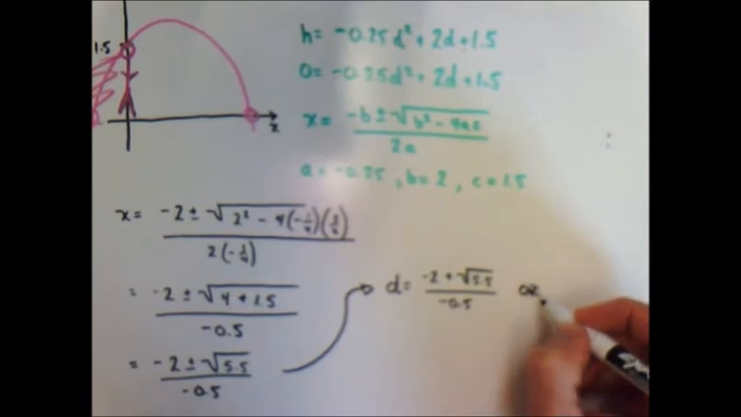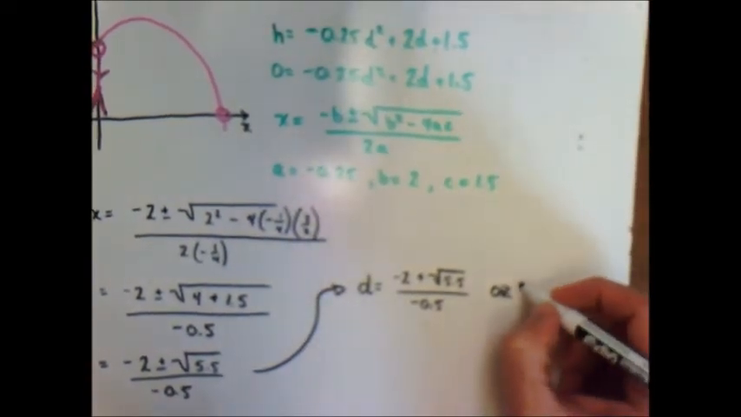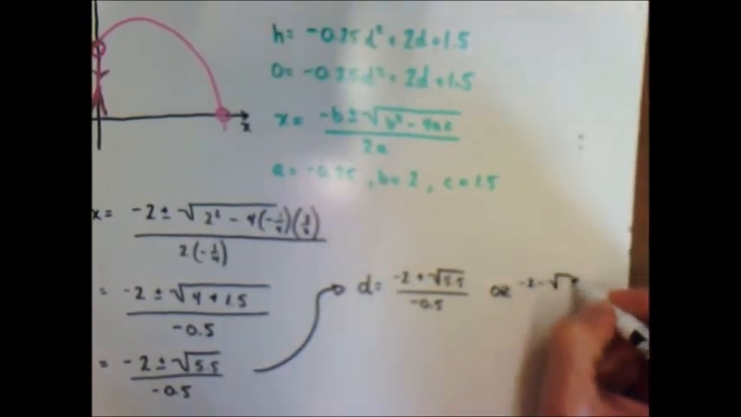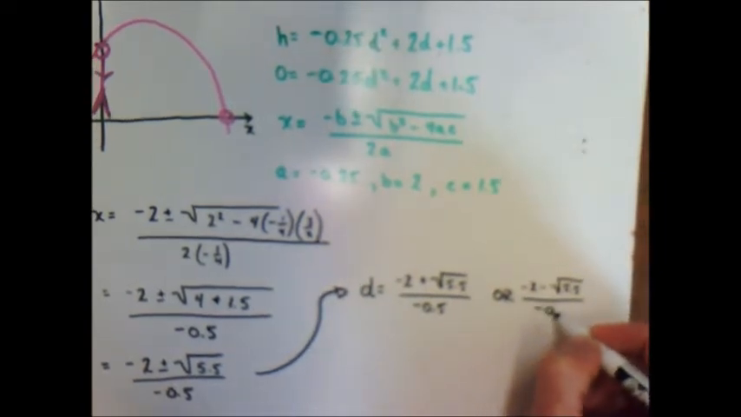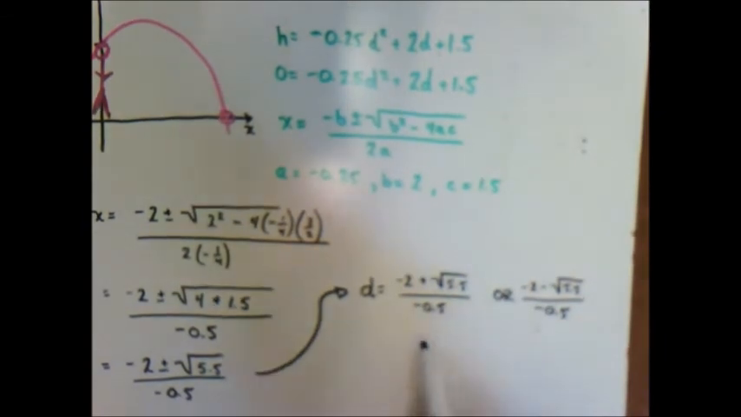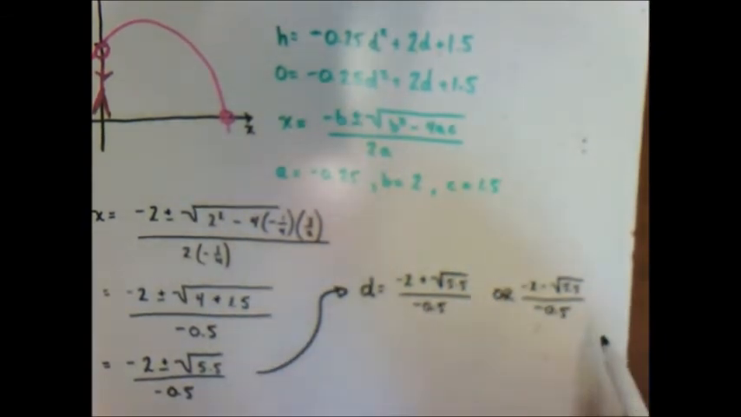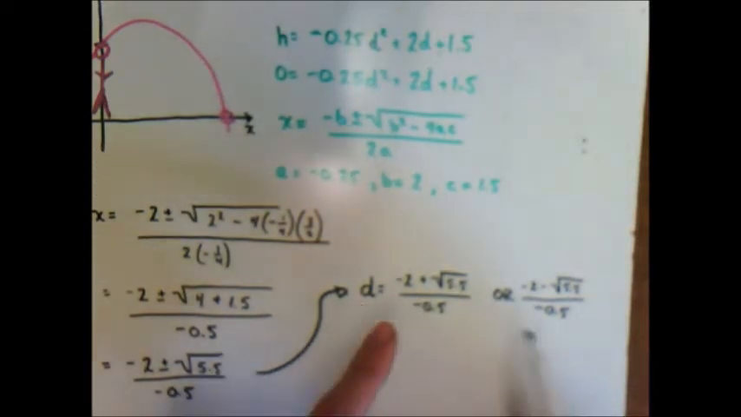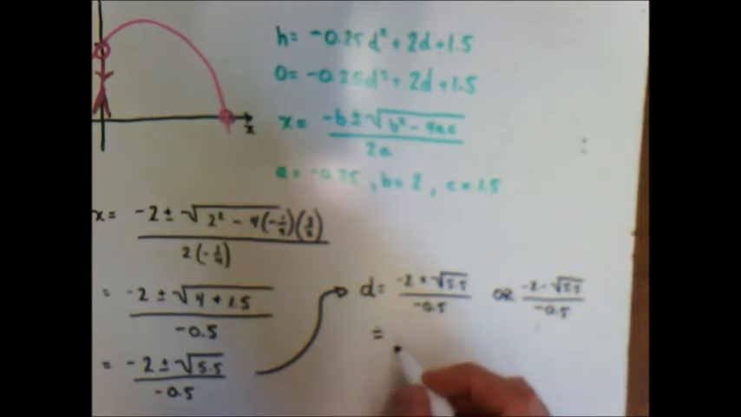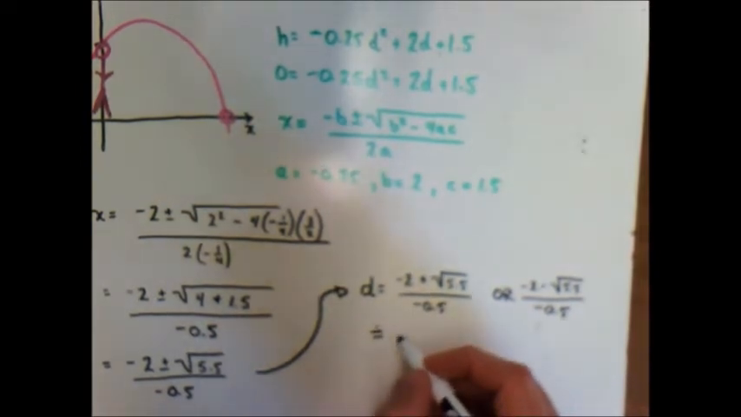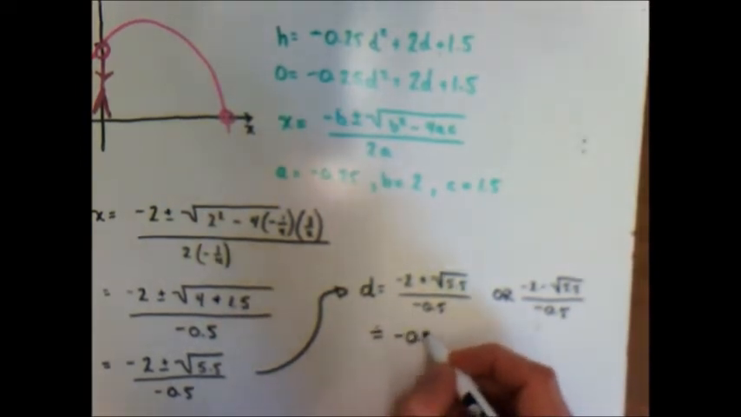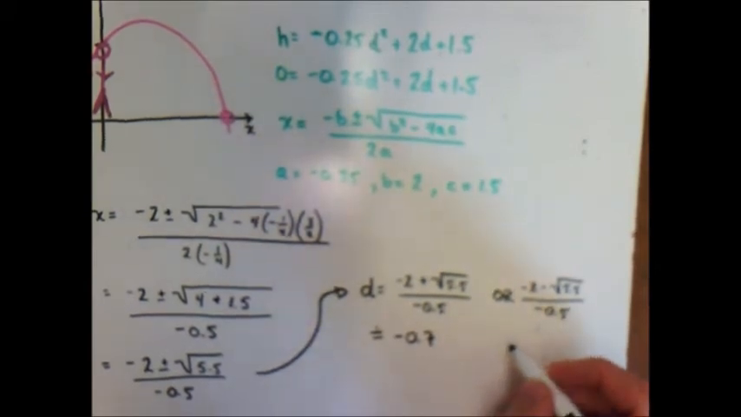or d equals negative 2 minus the square root of 5.5 over negative 0.5. Now I can't eliminate one of my answers yet. I really should just plug them both into my calculator and then figure out which value of d makes more sense. So this first one, if I plug it into my calculator, reduces to approximately negative 0.7, and this one